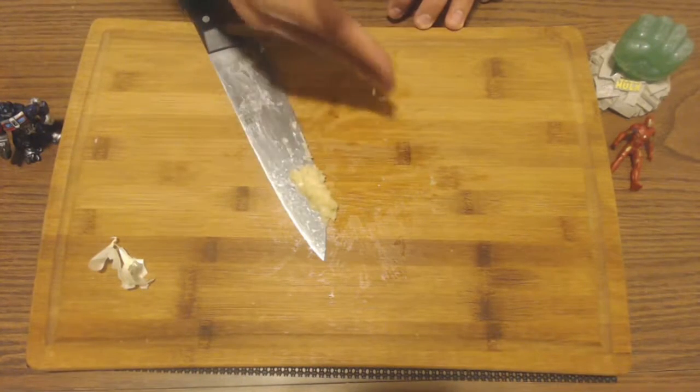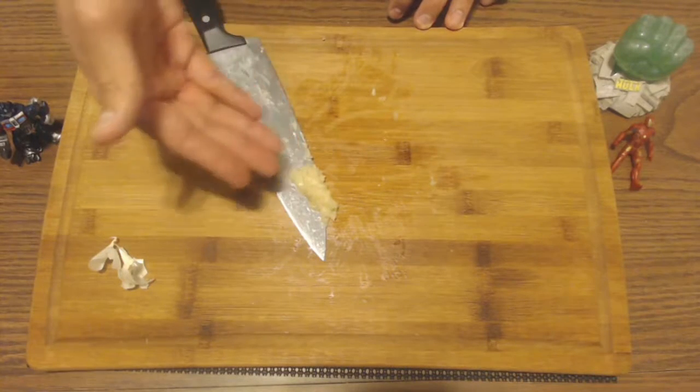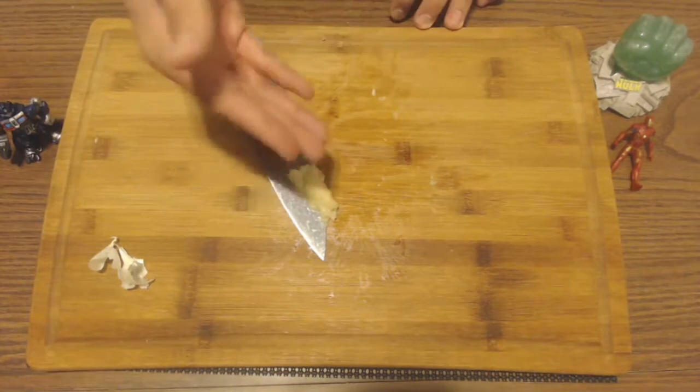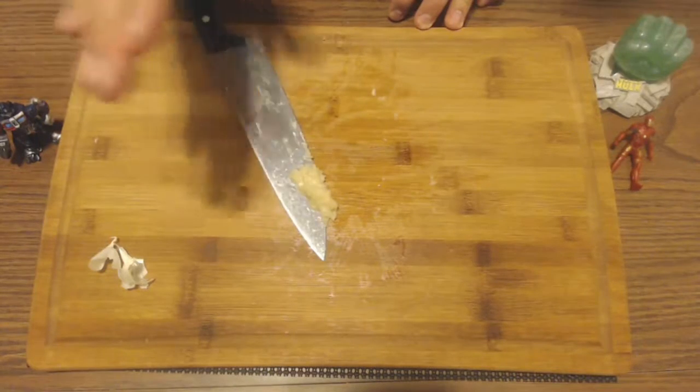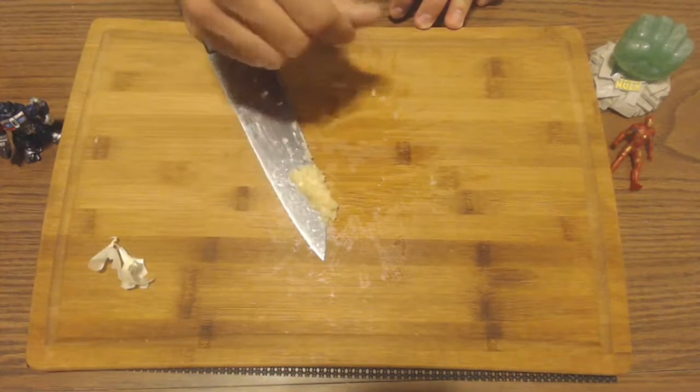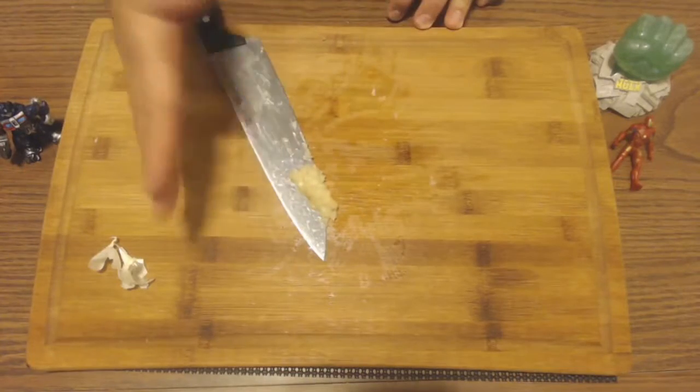You can use it in things where you want to build a sauce based in garlic. Alfredo would be this because it would cook down and create almost a simple texture that would be very similar to your cream. And the finer you get it, the more this paste will cook into a dish versus leaving